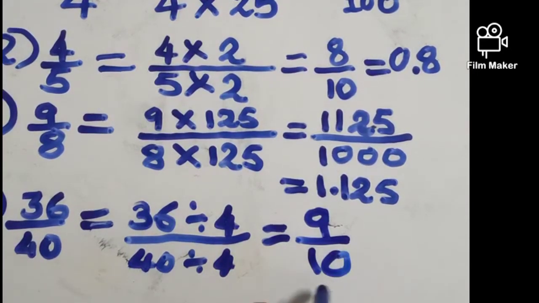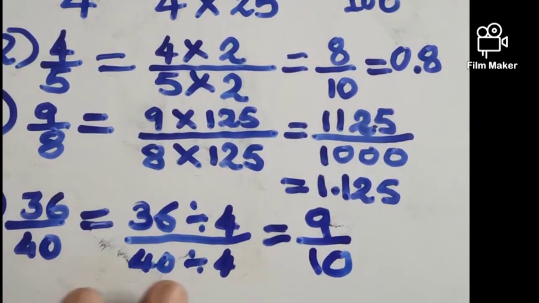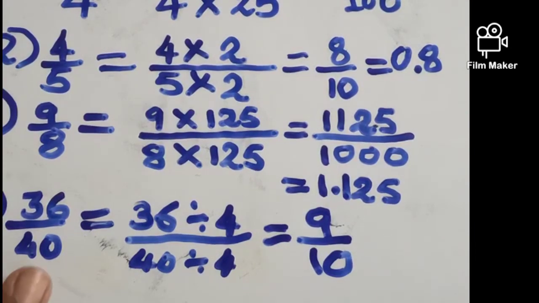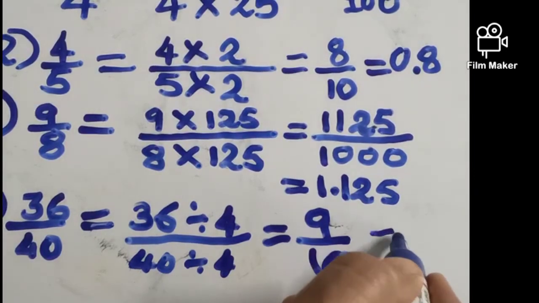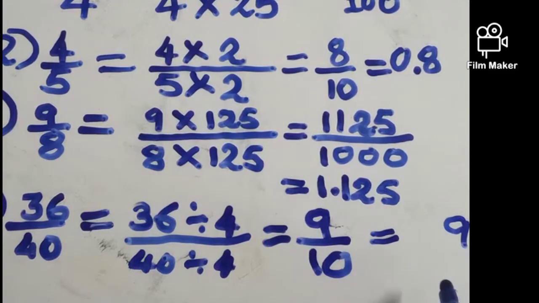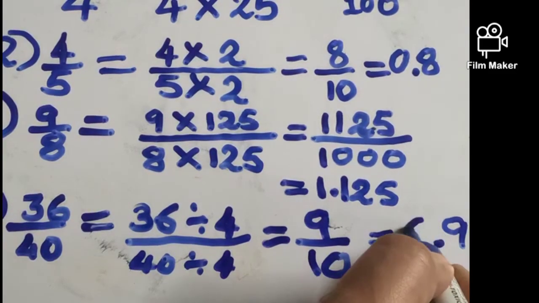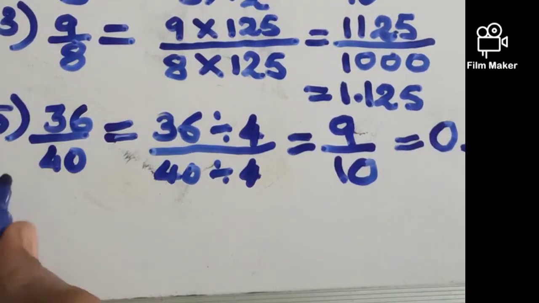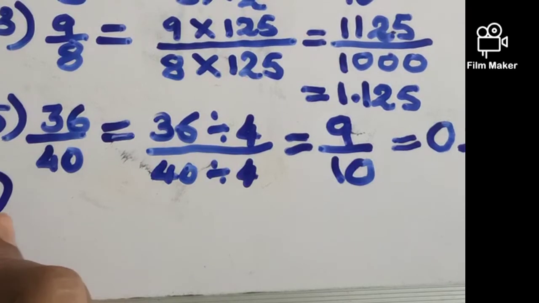So here also we got the 10. After division also we can do it, because 40 is there. One of the denominators is 10, right? So write the 9 as it is. 10, count one digit. Point. So that is 0.9. Let us see the next question, directly the 7th.